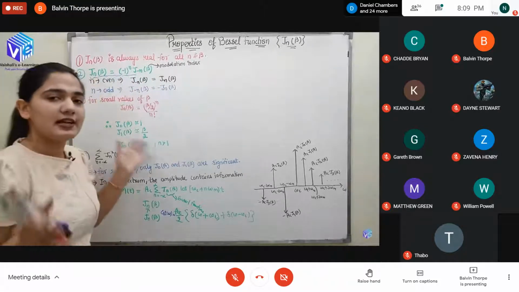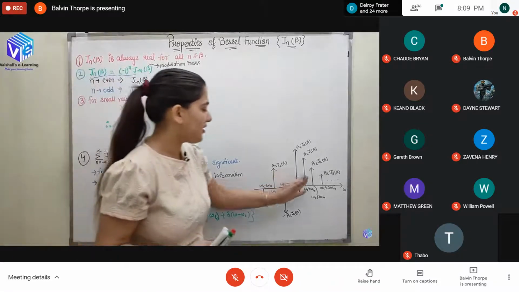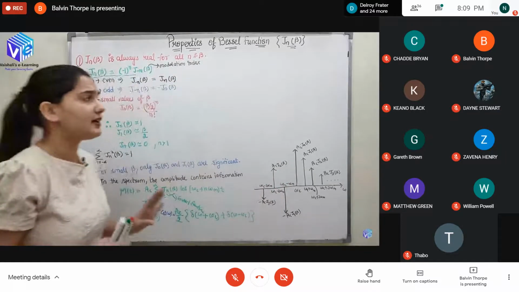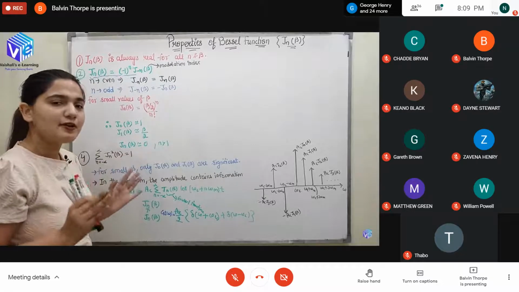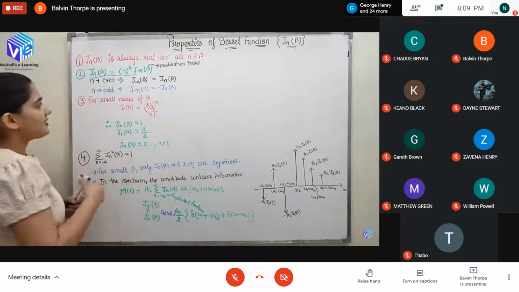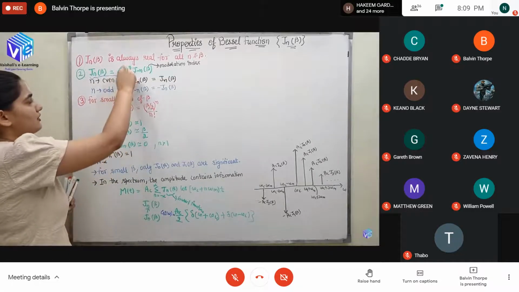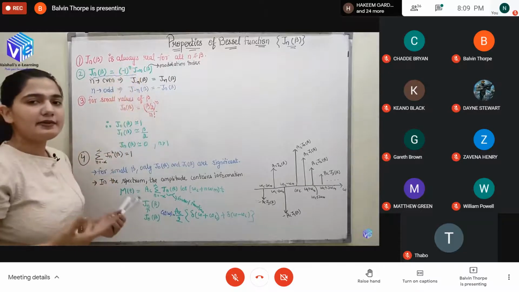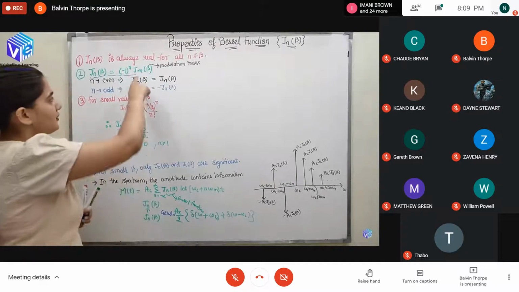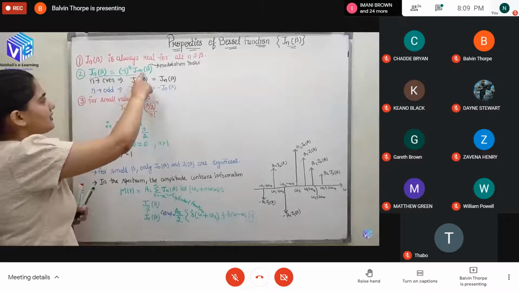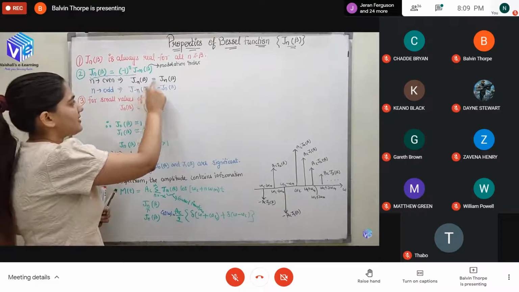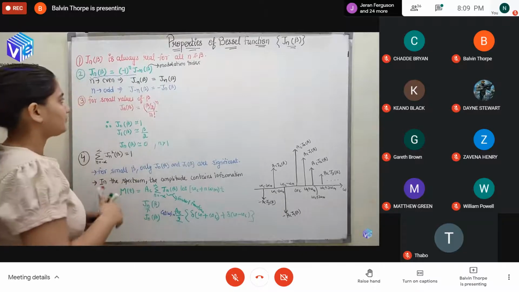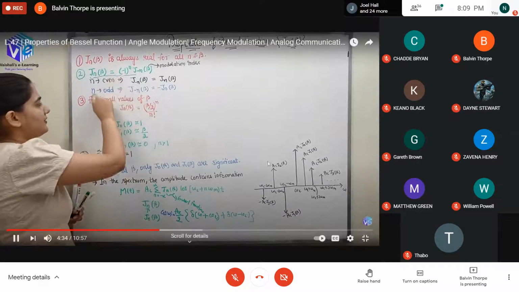So it's the relation between this positive and the negative part. So I can deduce the relation for even n and odd n. When I say n is even, this minus 1 raised to power even would be 1. So now J n beta would be equal to J minus n beta. So if I need to find J minus n beta, it would be directly equal to J n beta. Now for odd n, so here